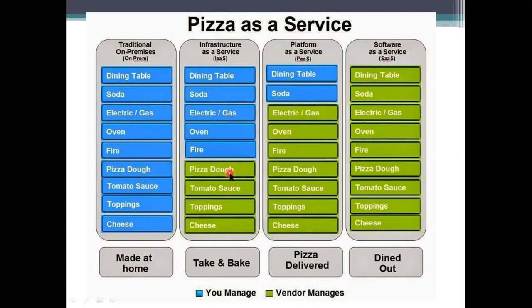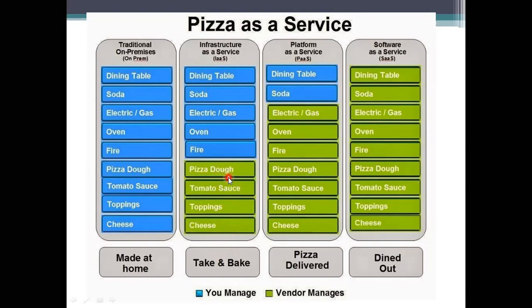Here you won't have the possibility of deciding. The vendor will give you things, and you will use them to prepare the pizza in whatever environment. It provides the applications, deployment areas, middleware and everything, giving you all the things, but they are decided by the vendor. Okay, and then next is take and bake, meaning there is no need to prepare all these things.